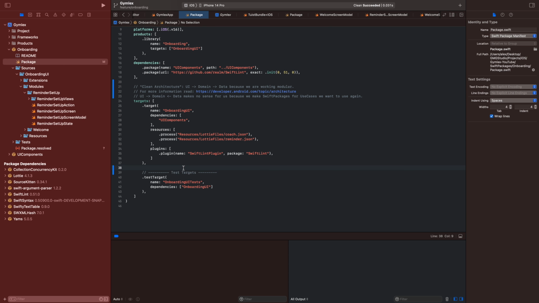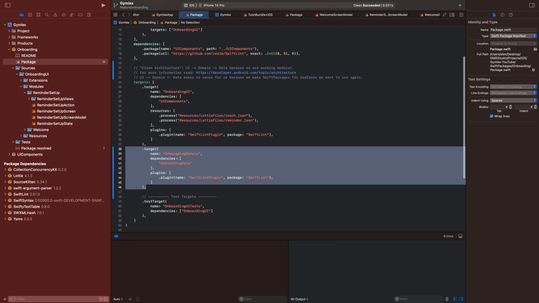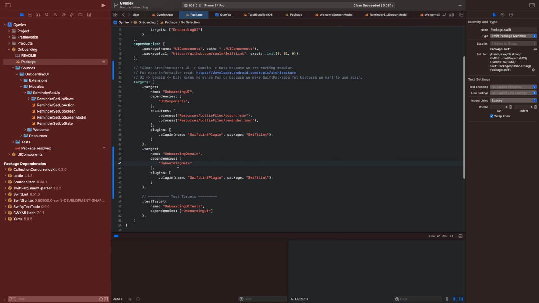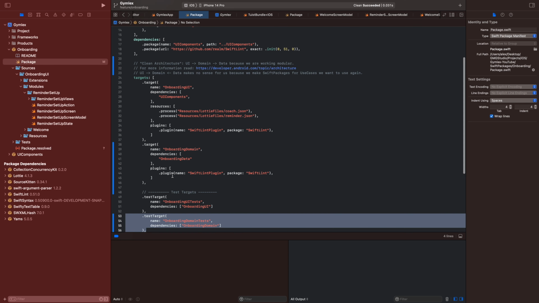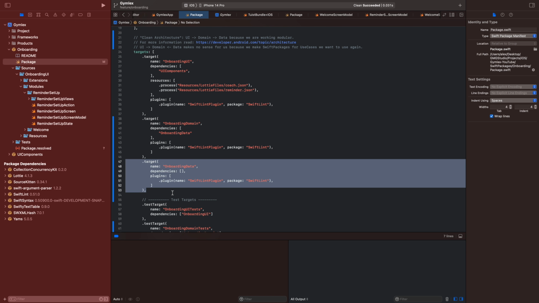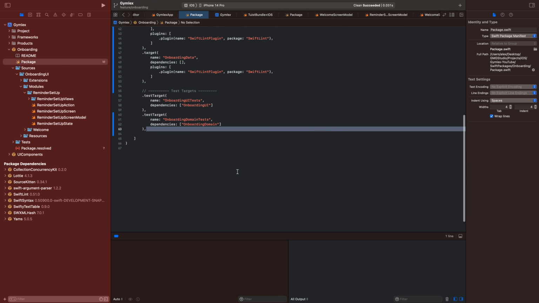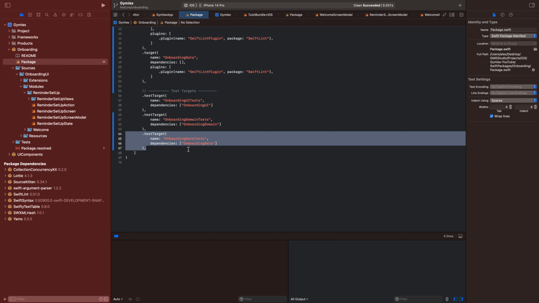Now we need to add the domain target and we also need to add the data target. The domain target has a dependency to the data target and the UI target has a dependency to the domain target. We also want to add the test targets of domain and data. This might be an overkill, but I just like the UI domain data logic because it makes things tidied up